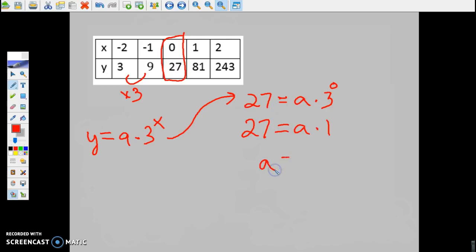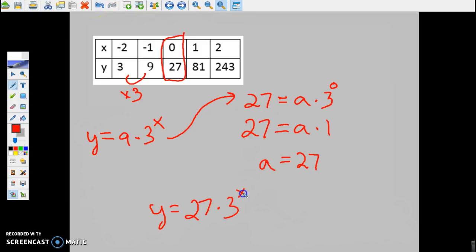Therefore, a equals 27, which now means that when I write my function, we want y to stay as y, we want x to stay as x, but we want to replace the a and the b with a specific number. So we just found out that a is 27, and b was 3, so times 3